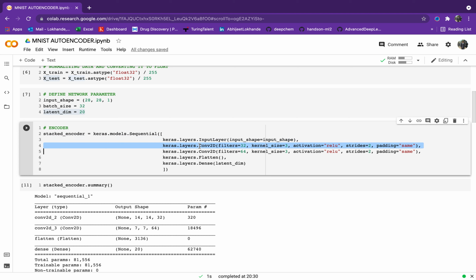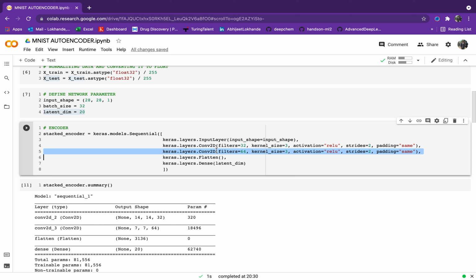The second layer is a convolution 2D layer, because we are working on images. So the filter is 32, kernel size is 3, and activation is ReLU. You are free to modify it. You can use activation CeLU also, basically a version of the ReLU. Then the next layer is also a convolution layer, but the filter is 64, the kernel size is the same, activation is the same, stride is also the same, and padding is also the same.